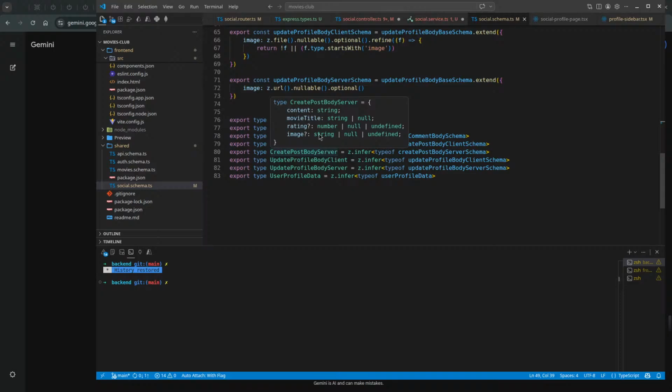Create post body server, movie title nullable or not. Yeah, I mean I think this is better. I don't know why optional makes it like optional and undefined. This is nonsense. It's not the same as TypeScript. I mean TypeScript, when you add this, it does not add undefined, I think.